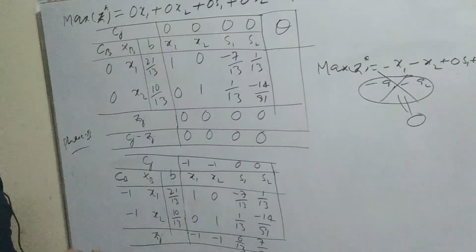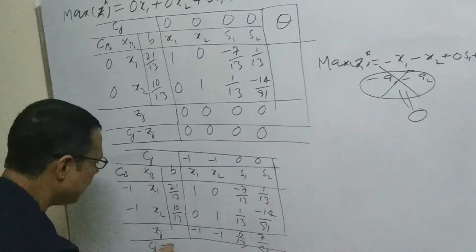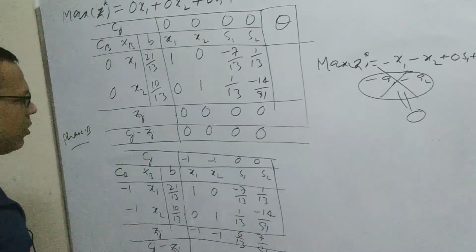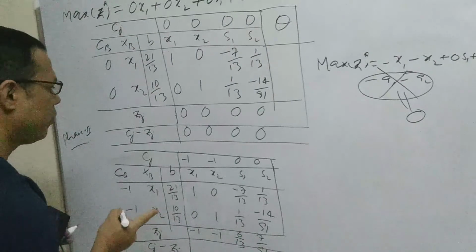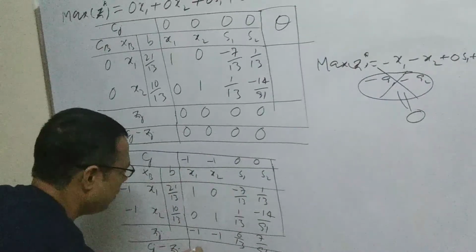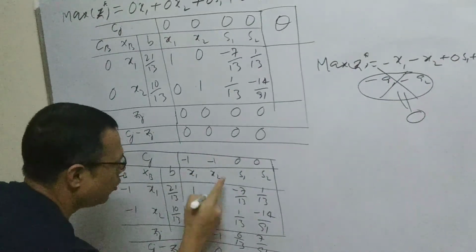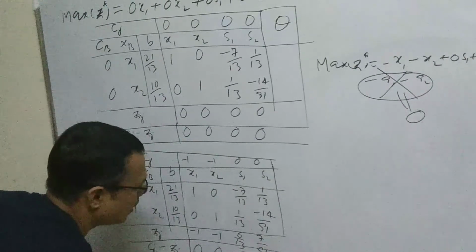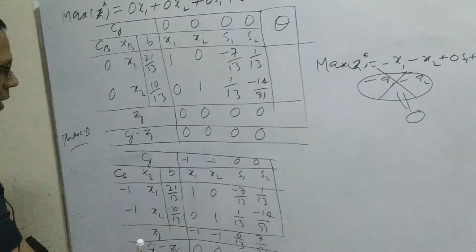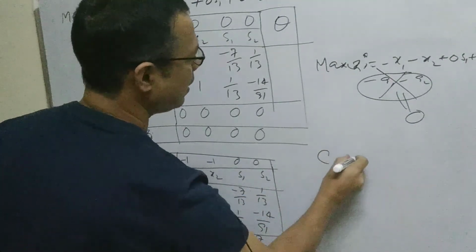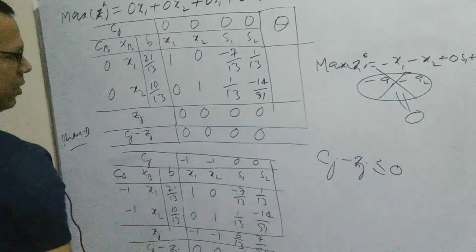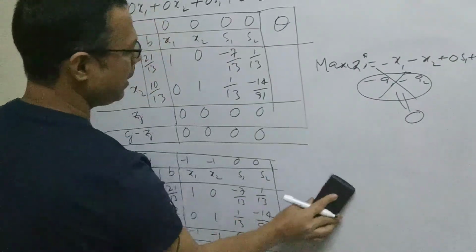There is nothing else. If you are going to find Cj minus Zj, then we will check whether it satisfies the condition Cj minus Zj less than or equal to 0 or not. If it is not going to satisfy, then we will move to the next table. So Cj minus Zj: minus 1, this one 0, minus 1, 0, 0 minus this term 6 by 13, 0 minus this one, minus 7 by 91. It means now this condition, Cj minus Zj less than or equal to 0, is going to be satisfied, because these terms are either 0 or less than 0. It means we do not need to proceed to the next table.